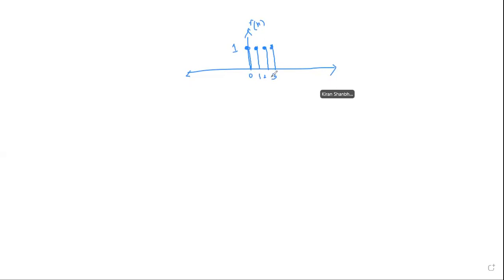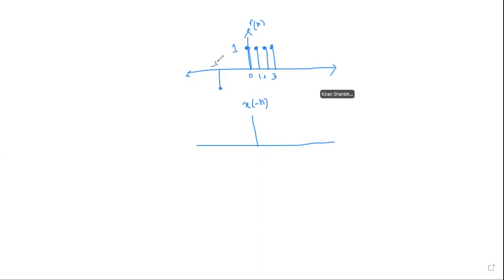Now will somebody tell me what are the even and odd components of this signal? For that, first you have to find x of minus n. What is the meaning of x of minus n? Whatever is at 0 goes to minus 0, which is the same. Whatever is at 1 will go to minus 1, whatever is at 2 will go to minus 2. To make this interesting, let me have one negative thing at minus 4.